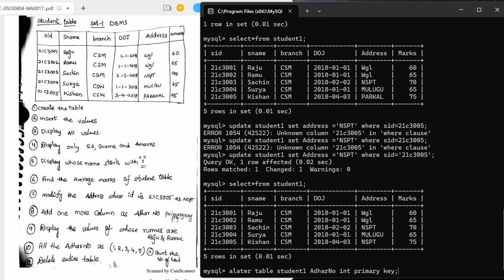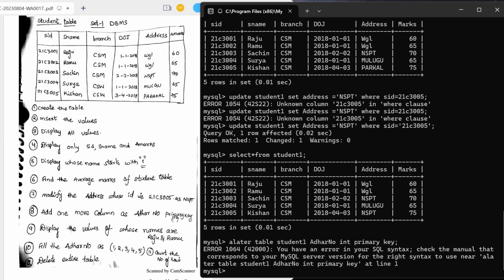Let me see, any errors will be here. Okay, so there is an error. So you have an error, check that. Okay, now let me add Aadhaar number